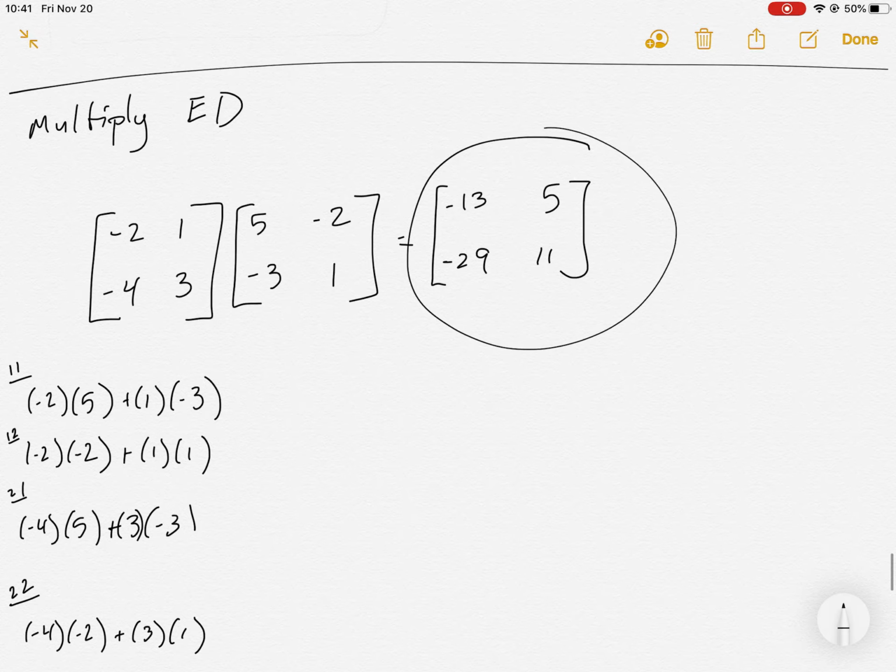Okay. And so that is how you multiply two matrices together. In the next video, we'll talk a little bit more about the commutative property and then when you can actually